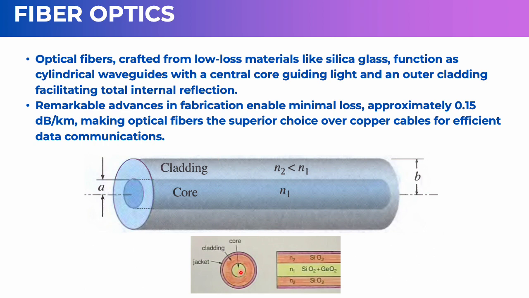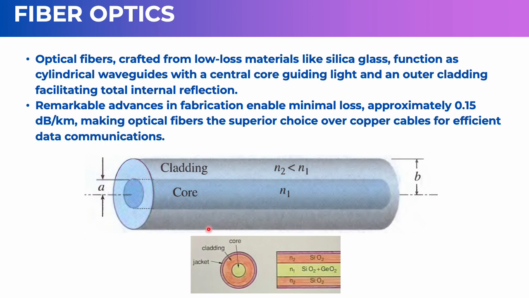As we see here, the core is the most central part, there's the cladding, and there's also an insulating jacket to protect the inner layers of the fiber from any sort of damage. Here the refractive index of the cladding is always less than the refractive index of the core. This is because, as we discussed in the previous slide, this system has to support total internal reflection, and that will only happen if the refractive index of the other medium is lesser than the refractive index of the